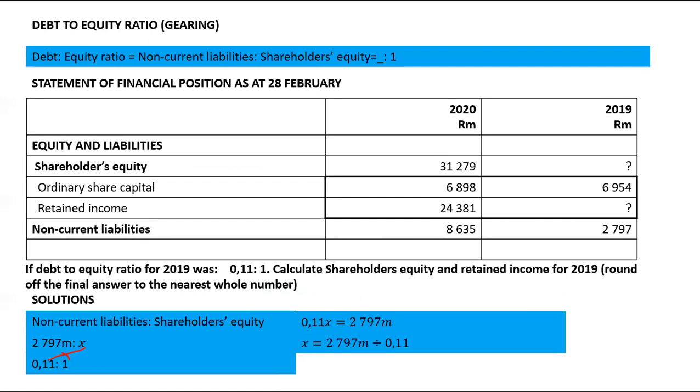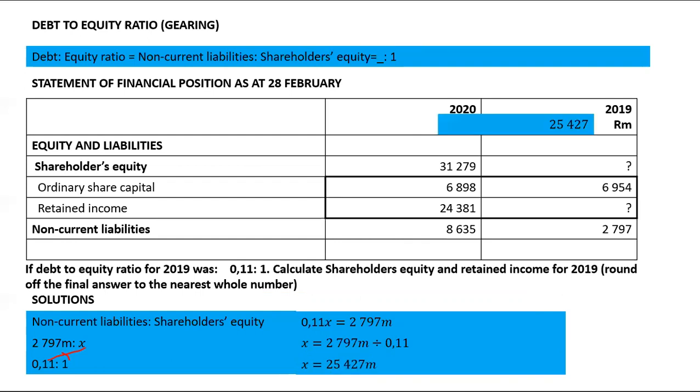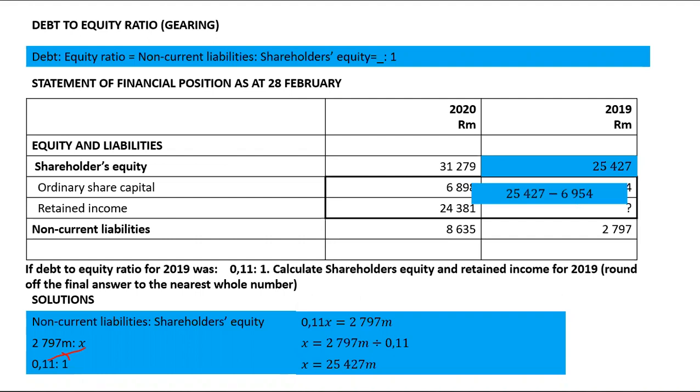So X here will be 25,427. Once I have 25,427, what would I do to calculate retained income? You minus ordinary share capital. So once you have minus ordinary share capital, you will get your retained income. And your retained income will be 18,473,000,000. I said, guys, our lesson will end